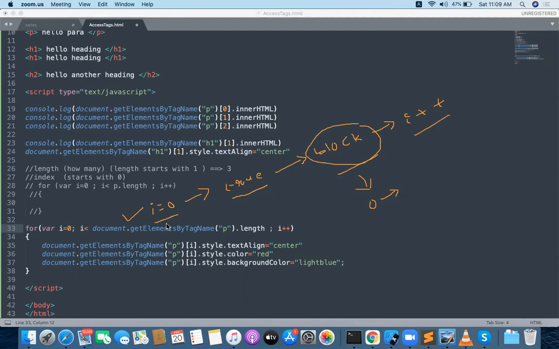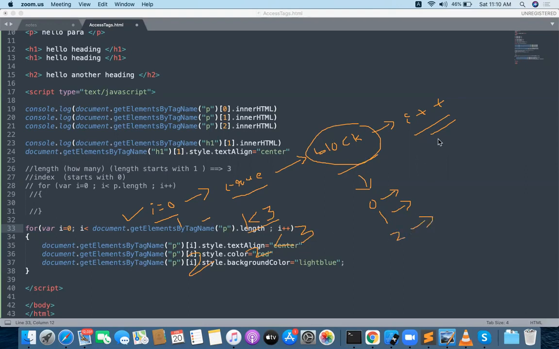Next i plus plus, i is incremented by 1. Now the value is checked with 1. 1 less than document dot get elements by tag name of p dot length. What is the length actually? Length is 3, right? 1 less than 3. Is the condition true or false? True, and the block is executing. The related code will update. Next, i is incremented again. Then second time 2. 2 less than 3, true or false? True. Whenever the condition is true, the block will be executed.